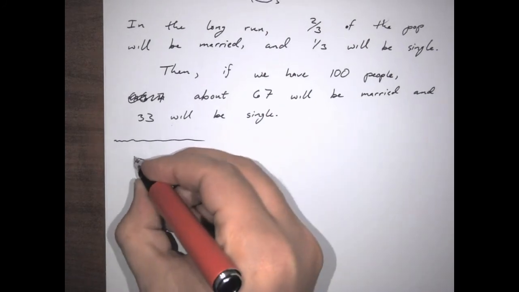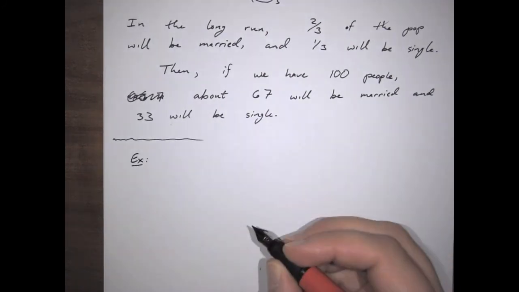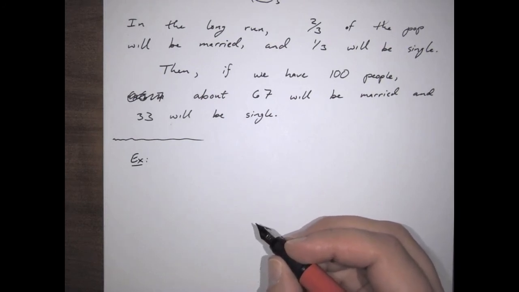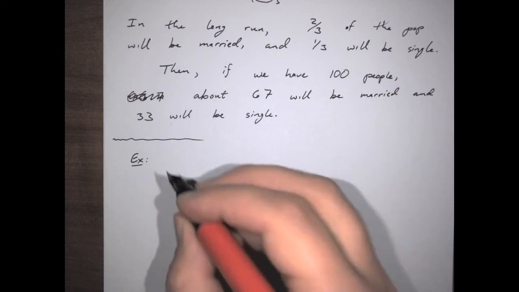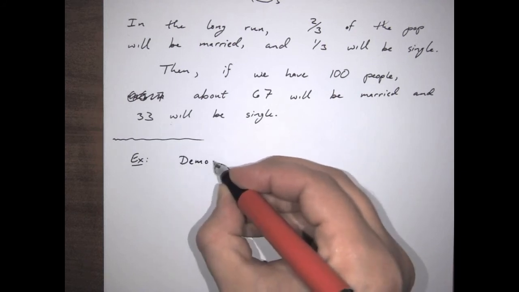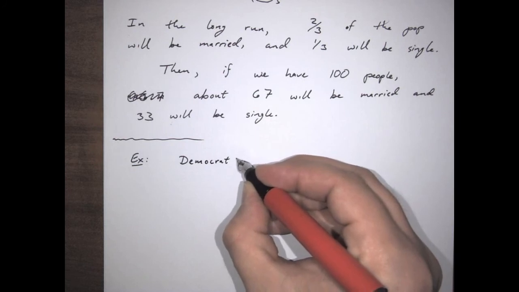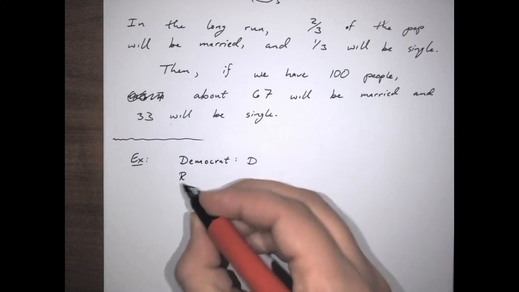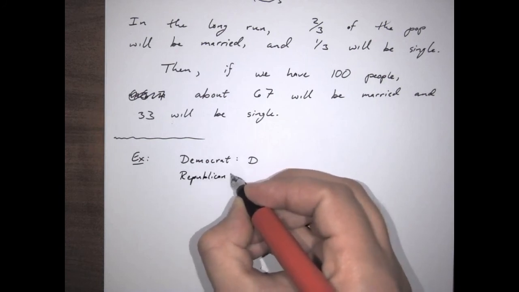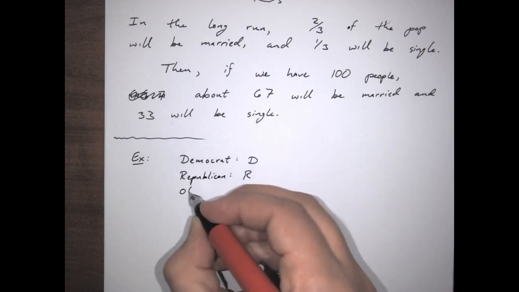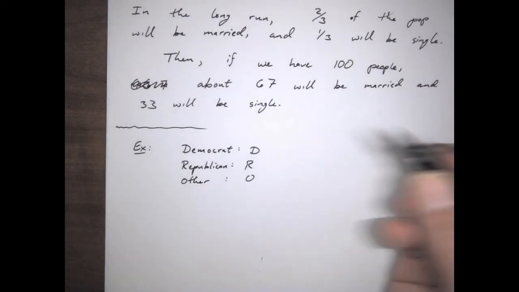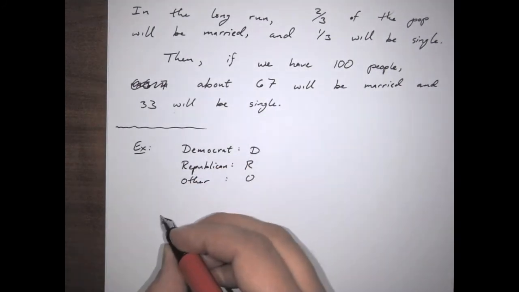All right, let's try this again. Let's try another example of this, where what we have is a 3-by-3 situation where we have Democrats, Republicans, and other from one election to the next. So let's just say these are: vote Democrat will be D, Republican will be R, O will be other. And of course, you could imagine a big involved story problem here involving all this, but we will just cut